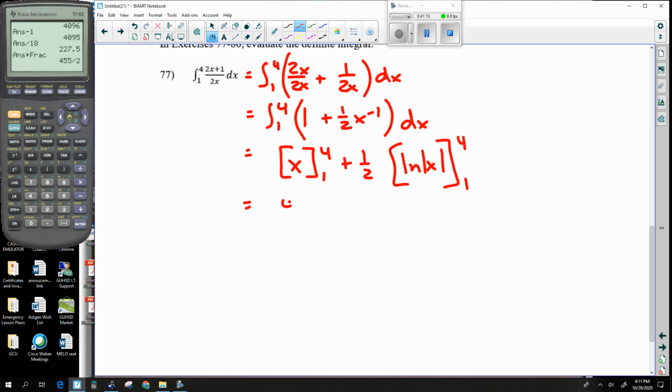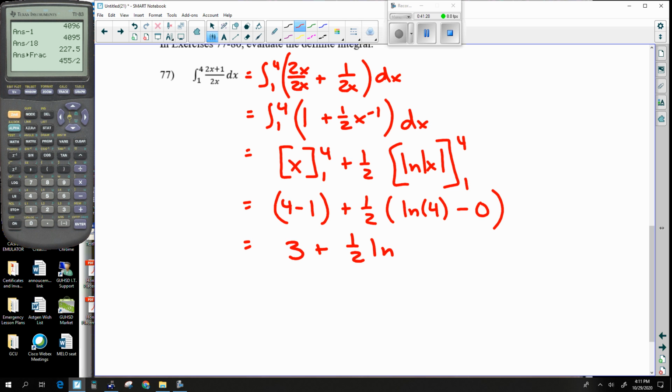So this is going to be 4 minus 1. And this is ln of 4 minus ln of 1. And so this is going to be 3 plus 1/2 ln of 4. Okay, this is not going to be the answer that you're going to see in the book, because again, the